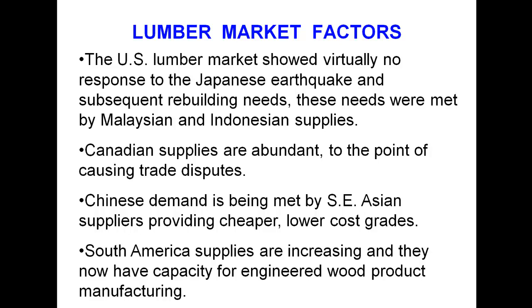One of the things we could talk to here is the Japanese earthquake. Not much U.S. lumber was required by the Japanese for their earthquake rebuilding. Canadian supplies, as we note, are robust, almost to the point of causing trade friction. There have been some issues before the World Trade authorities about dumping of various lumber products by the Canadians, although just in the past couple of days there's been a new lumber trade agreement signed by the U.S. and the Canadians. There's not much noise from the Chinese in terms of U.S. lumber. The Chinese tend to buy lumber in Southeast Asia.